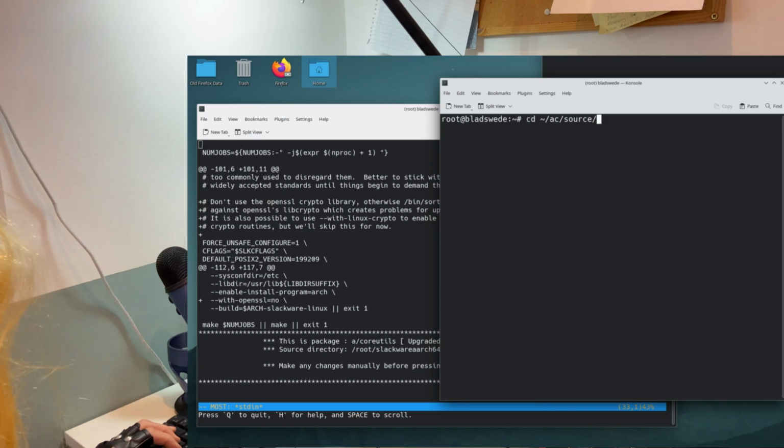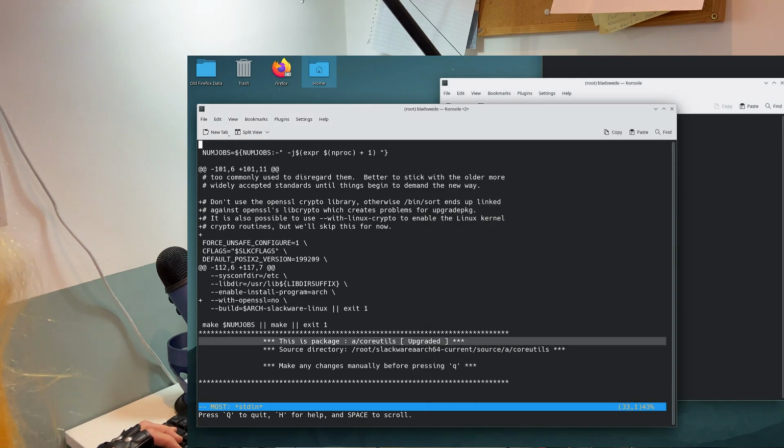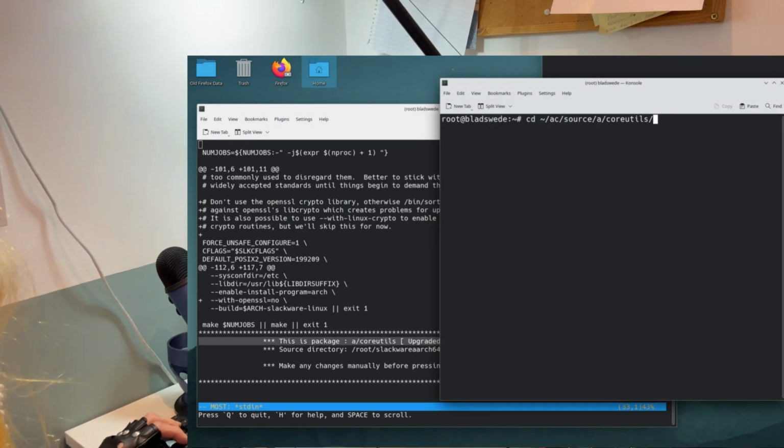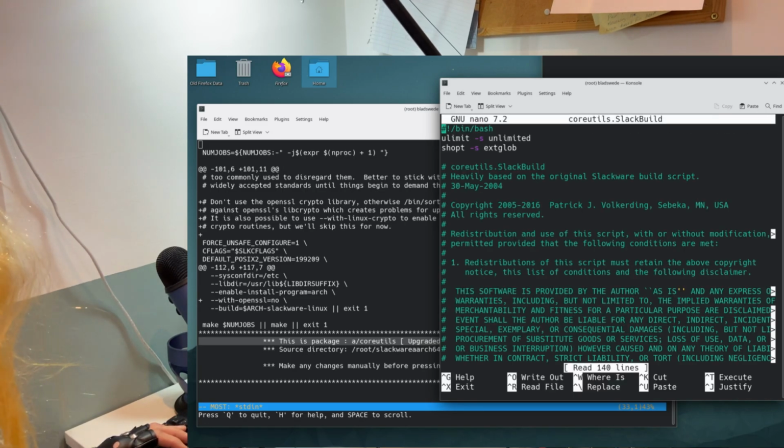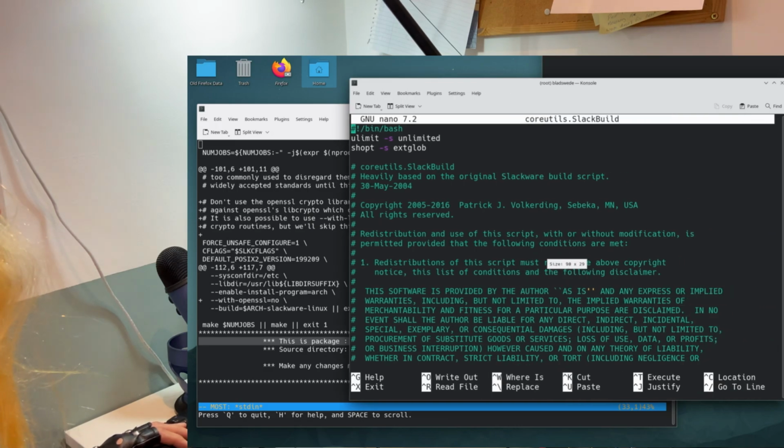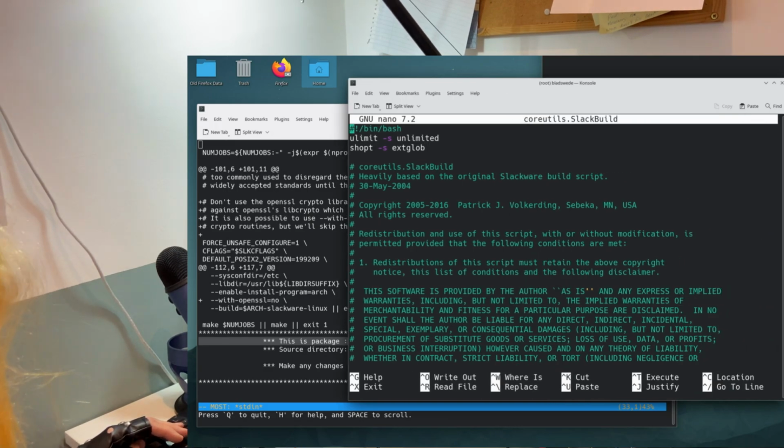Source, which one is this one again? Oh yeah, core utils. Core utils. Okay. Now I've made these windows enormous so you can see them. I don't normally have them this large actually, so I'm not sure if I have to make it a bit smaller